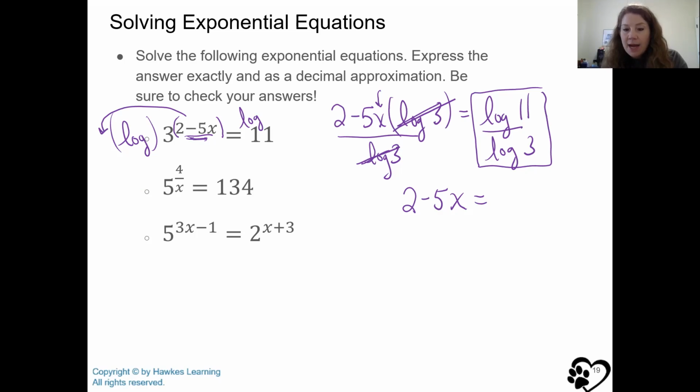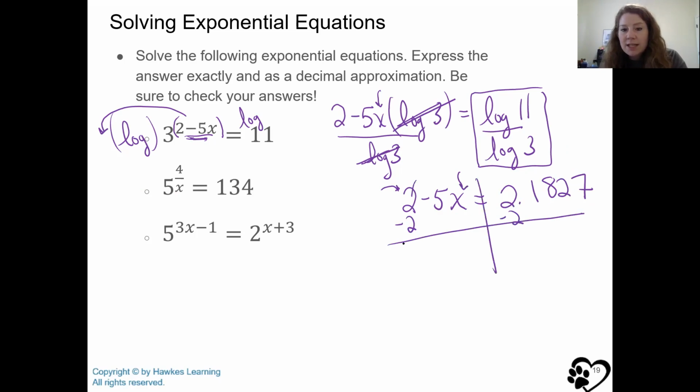And I get about 2.1827. Okay, don't round too quickly. So let's go out about 4 decimal places. So now I still want to solve for x, so I have to next get rid of positive 2, which means I'm going to subtract 2 from both sides. So that's gone. I bring down negative 5x equals, so this number still in my calculator, I'm going to write minus 2, just type minus 2. It gives me about